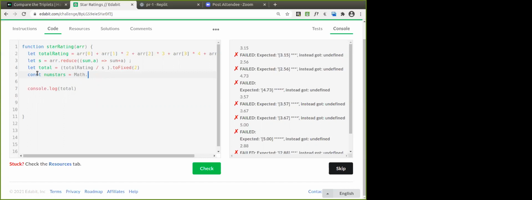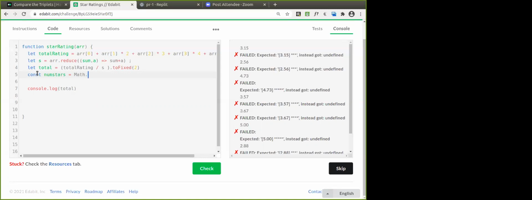Why? Because we are getting the value 3.15. If you use Math.floor, what will happen? Yeah, you're right, Sanket Singh. Floor means suppose if you are giving 4.6, it will be rounding off to 4. But if it is 4.6, it should take it as 5, isn't it?